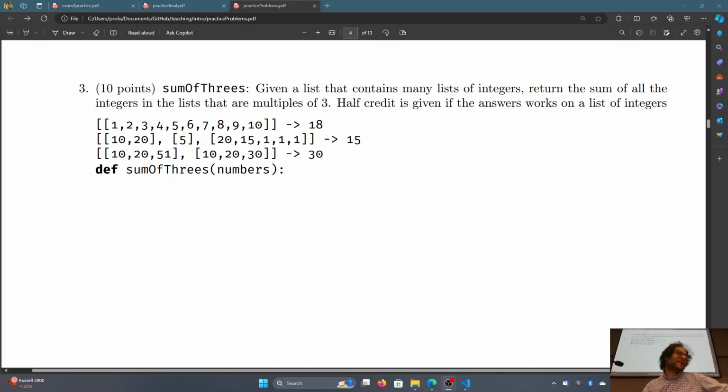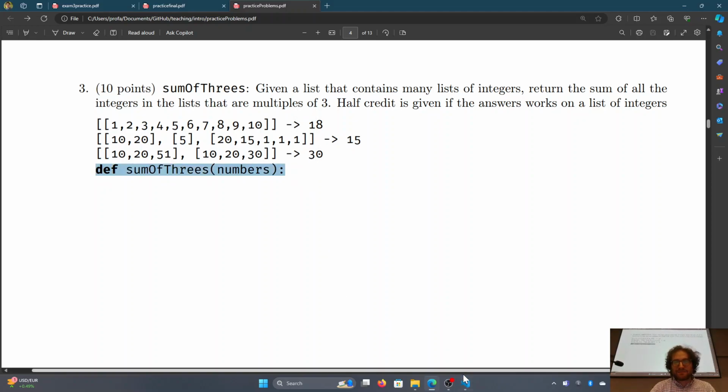So I ask something like this one all the time. I ask something like this, but with strings on exam 2, you know. I asked something like this on the past few exams, but with the number divisible by 10 or something like that. I've asked things like this where basically I've said, go through and replace all the numbers that are divisible with 0, or give me all the numbers that are not divisible by 10. Basically, I do something like this a whole lot. So it's definitely worth